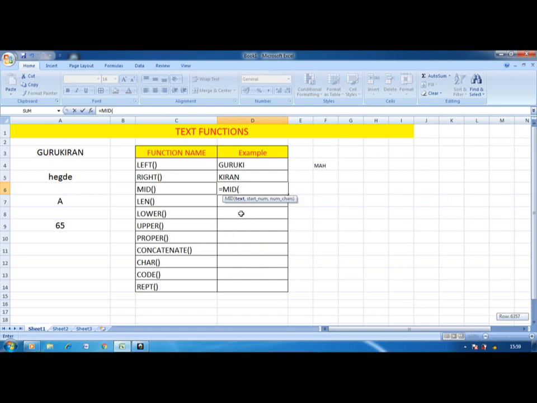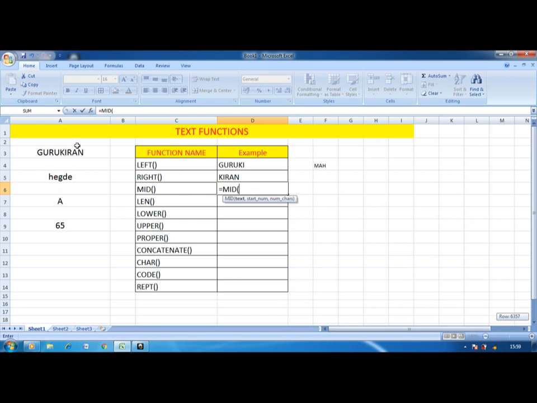Here MID is used to return a specific number of characters from a text string starting at the position you specify. It doesn't return the middle characters. The syntax is text, then start num, then num characters.